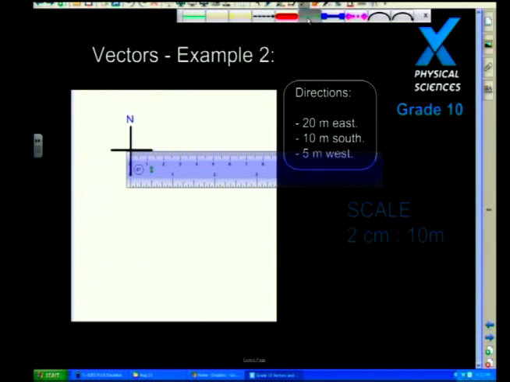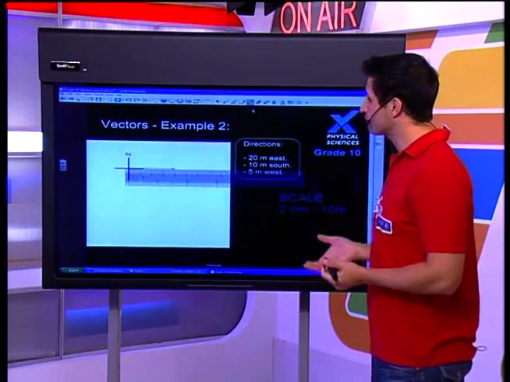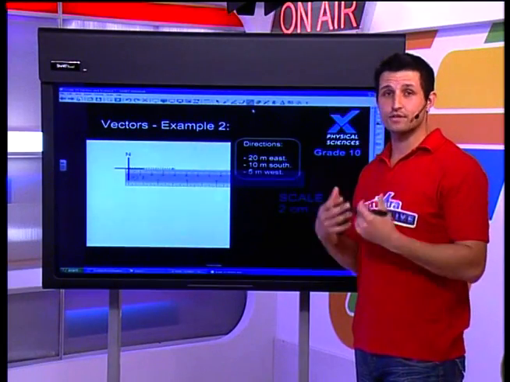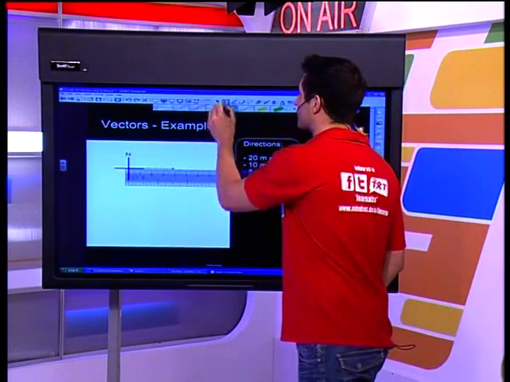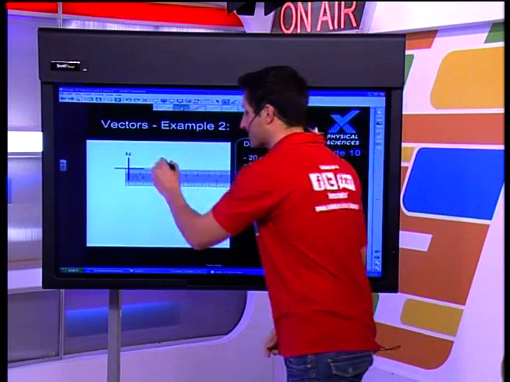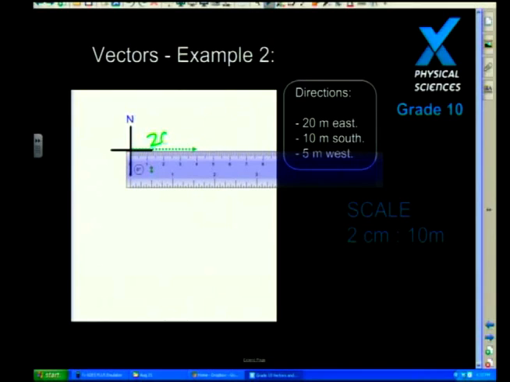I'm going to start from 0, and I'm going to draw all the way out to 4. So I've measured out a 4 centimeter line. Now, here's a very good rule to remember. Anytime that I draw in a vector, what I've got to remember is that I've got to write out the value that it represents. So the value that I represent over here is that I've done 20 meters. Now, the reason that I don't have to say east is because I've actually drawn it on a compass itself. So there we go. We've gone 20 meters east.